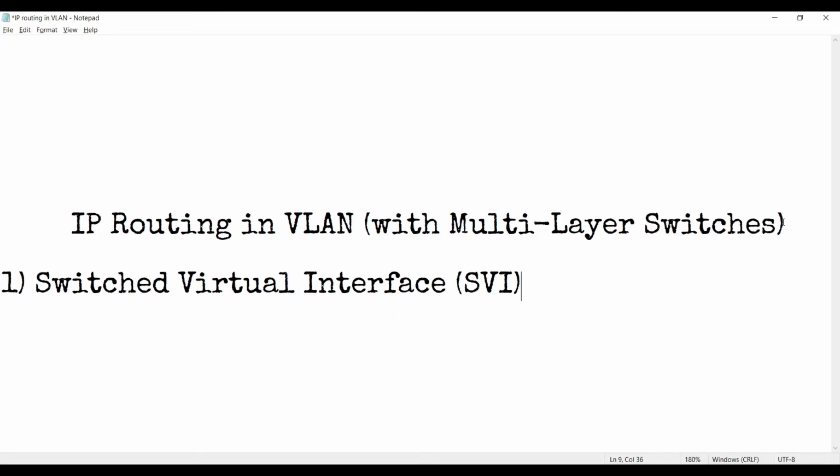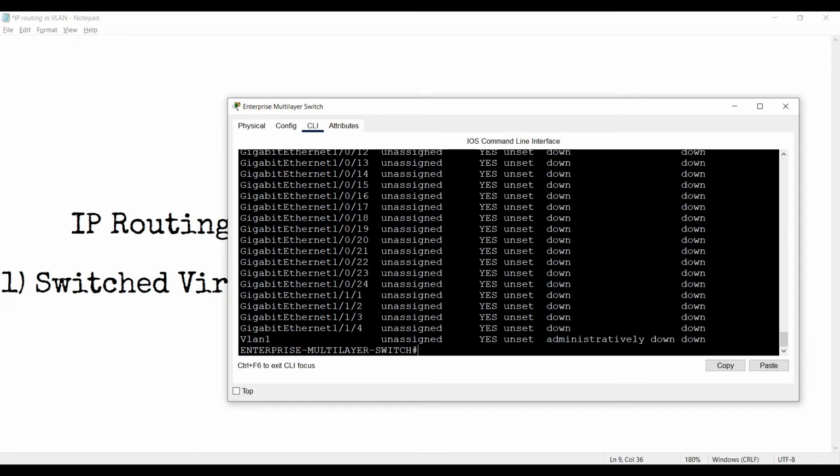This is where we are going to configure the switched virtual interface, SVI, in our multi-layer switch. We have VLANs, but we don't know how to configure the gateway IP address like we did on the router's subinterface.